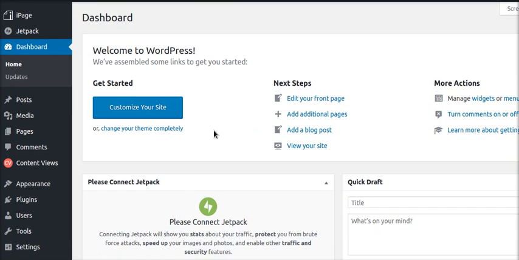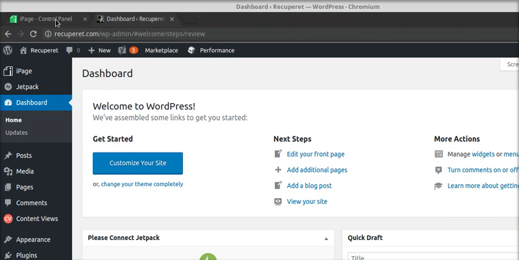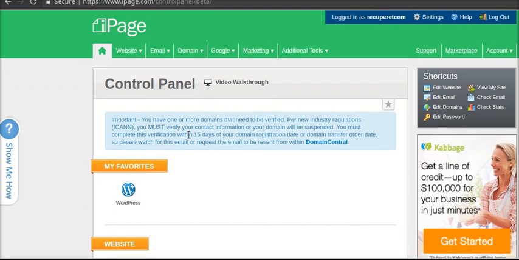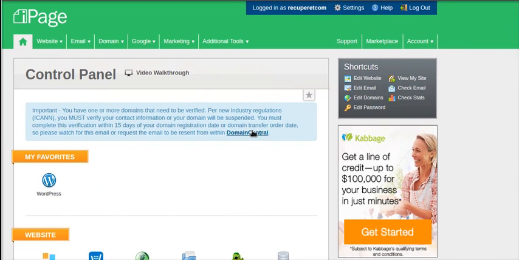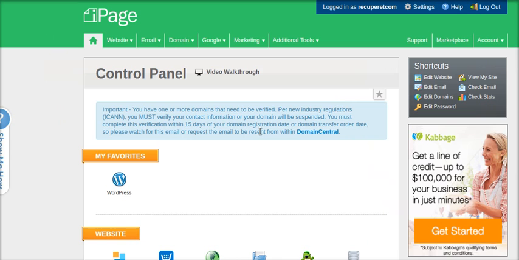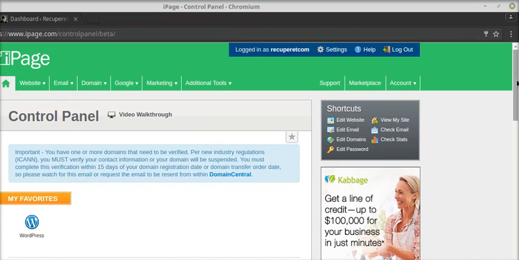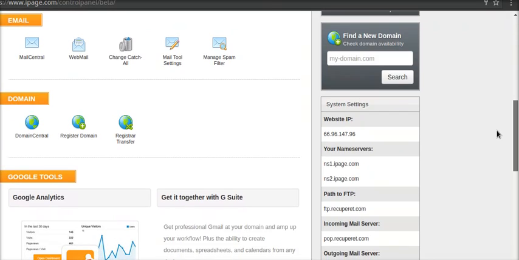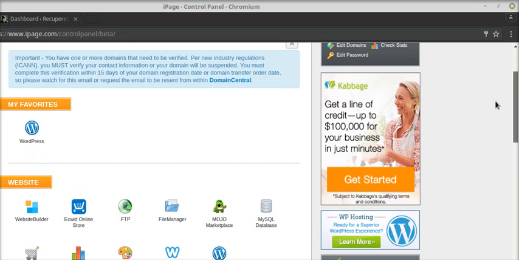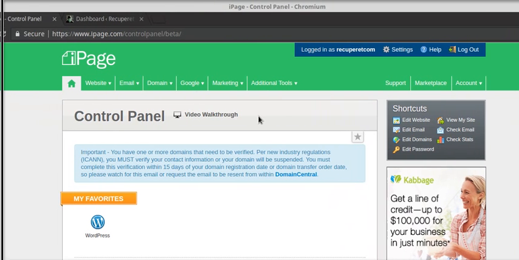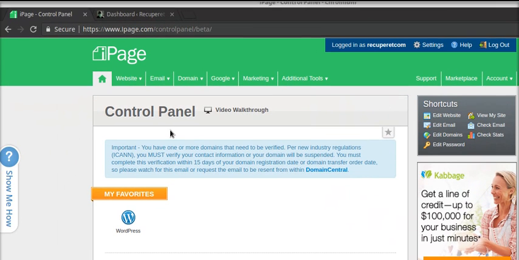It's really easy to install it. Like, I go to iPage. I was using another hosting company, but it wasn't working out. I'd been with them for years, and I just got sick of all the problems I was having with them lately. So I left them and I went to iPage. When you first sign up for iPage, it'll have some kind of generic coming soon thing on your site, and all you do is go to this part of your hosting account, called your cPanel or your control panel,